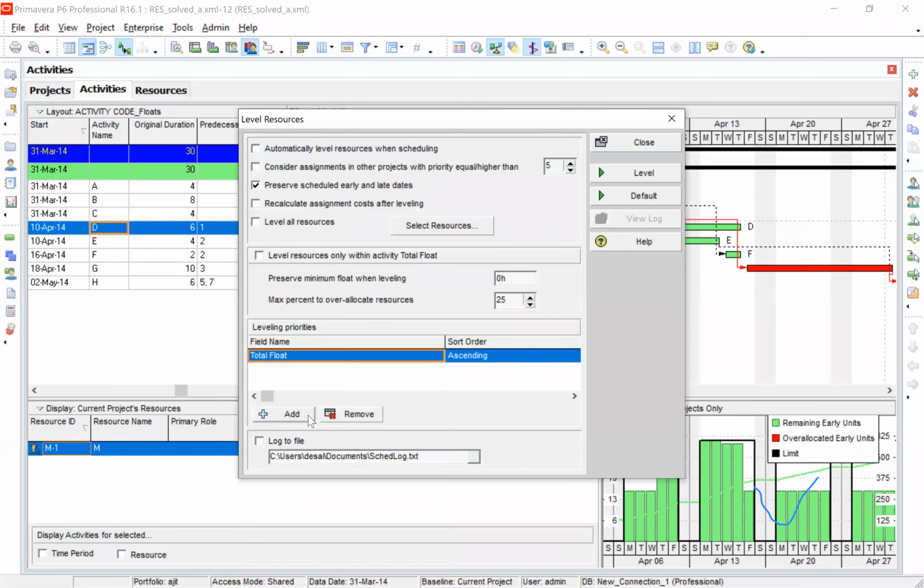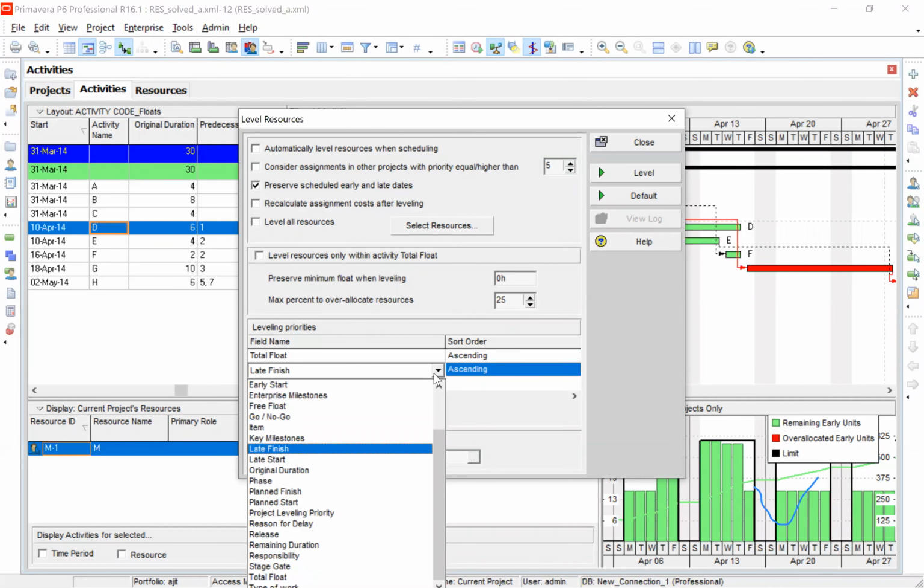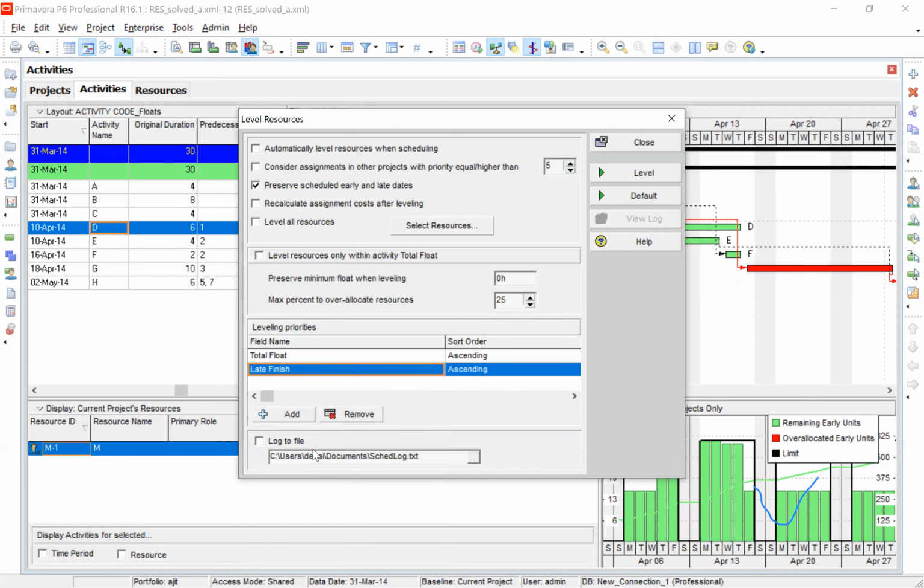And then I will add the late finish. This is my ideal recommendation for leveling.